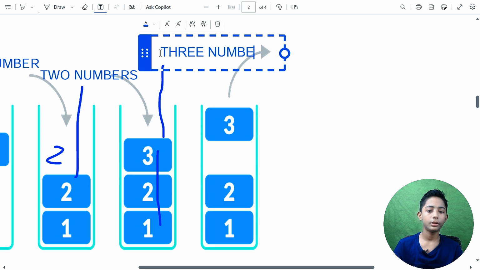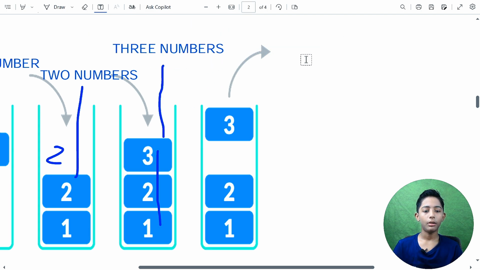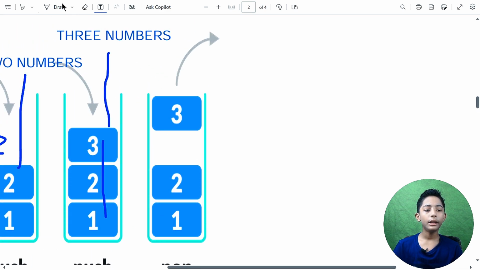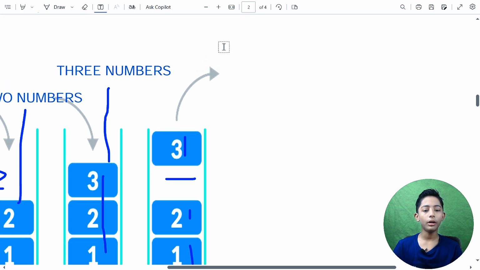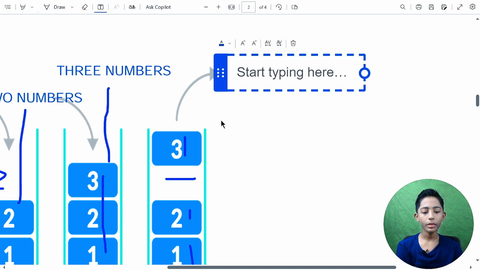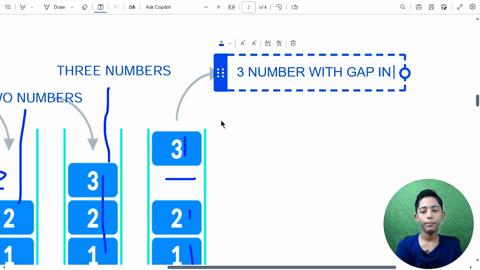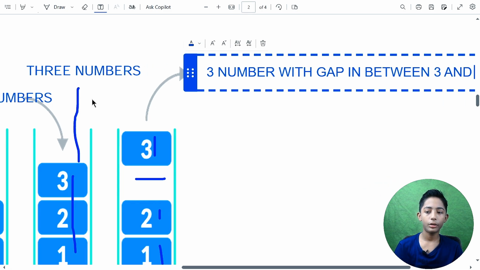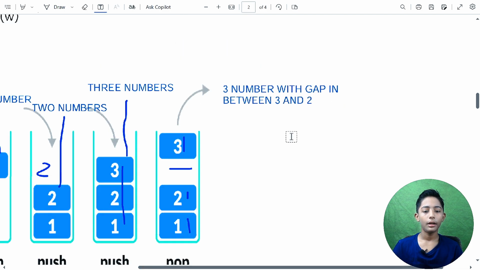Now in the fourth there is a pop, and there is first 1, then 2, then one gap, then 3. There are three numbers with a gap in between 3 and 2.